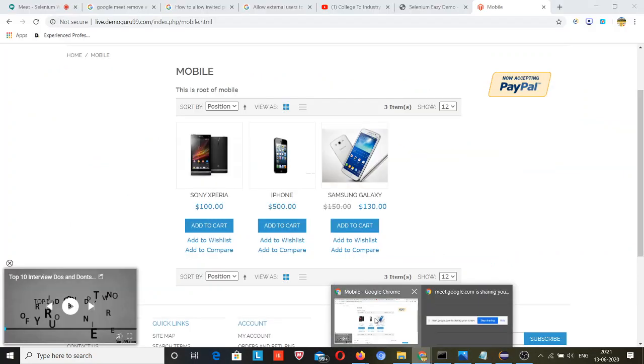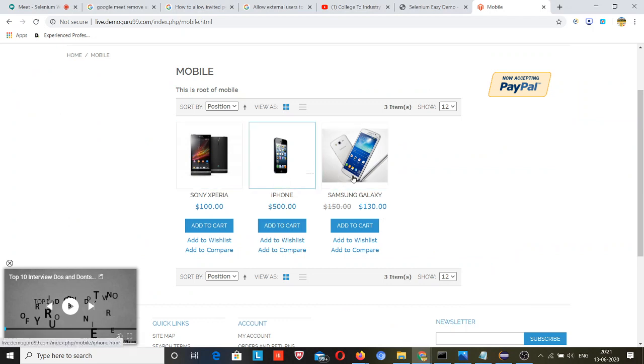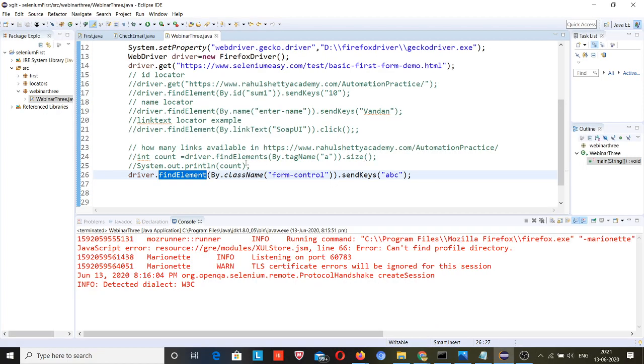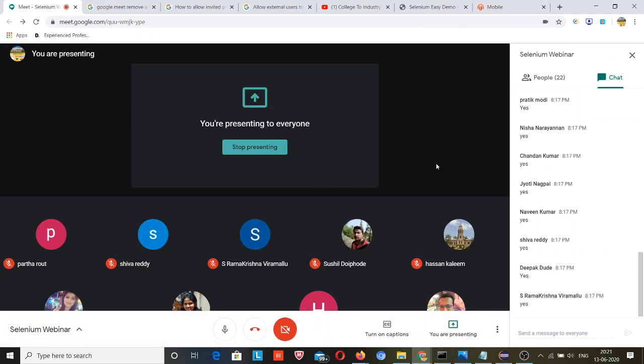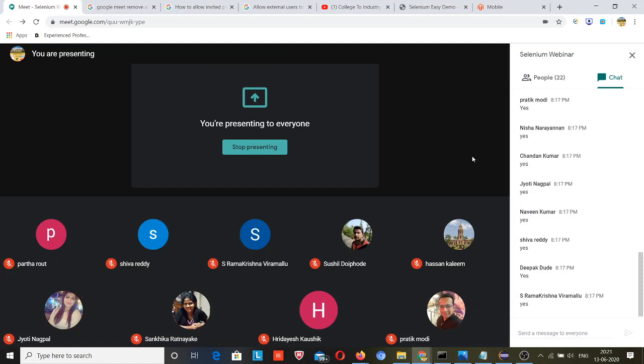Okay guys, so I will run my loop 3 times. There may be situations when I will be using find elements, and there may be situations when I will be using find element. I hope I am clear now, Pratik. Based on the situation we should use find element or find elements, and there are some methods present on find element and some methods present on find elements.